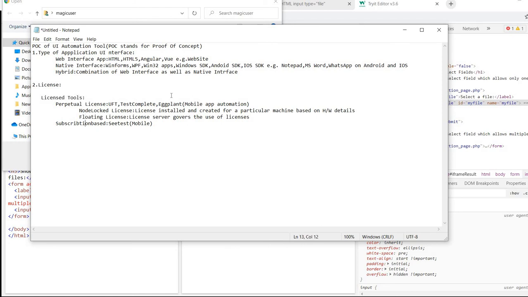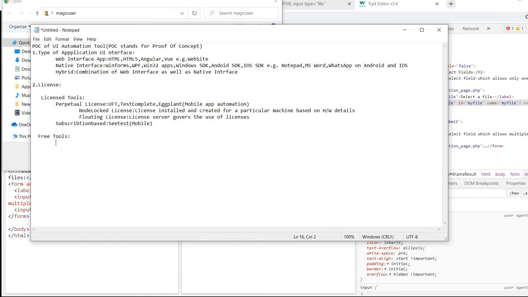Now let's talk about free tools. There is a huge difference between free tools and open source tools. Free tools are tools which don't ask you to pay money for them. But open source is different. Let's say Selenium is free as well as open source, whereas Visual Studio Community Edition is free, but it's not open source. As a developer, you cannot contribute to the features of Visual Studio Community. You get it for free.